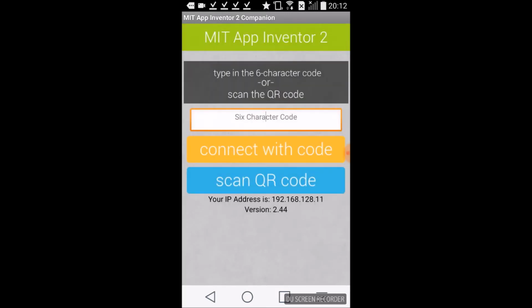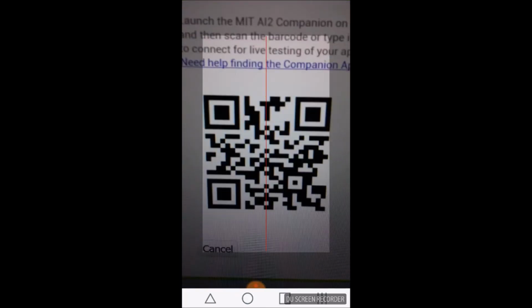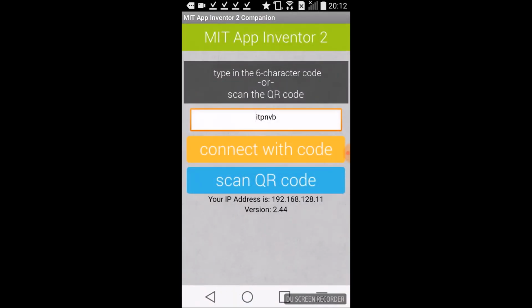It offers the option that you can enter the code manually, but I prefer to use the QR code scanner. So click on the blue button, and this will bring up the camera, and use the camera of the phone to scan the barcode. And then once you've scanned the barcode, then you will be able to see what is on the computer screen on your phone,